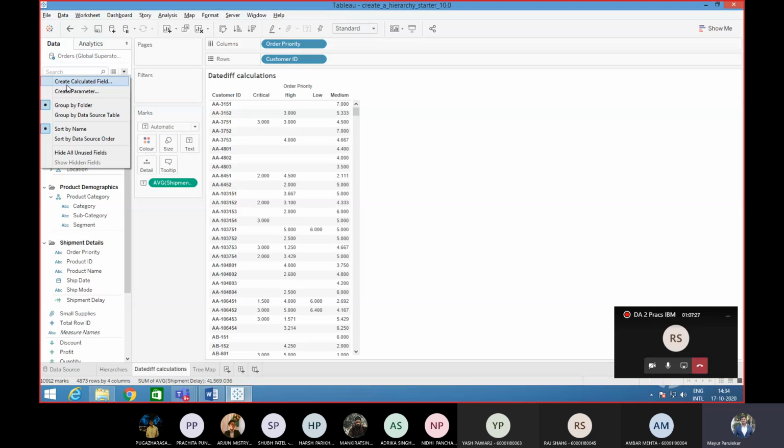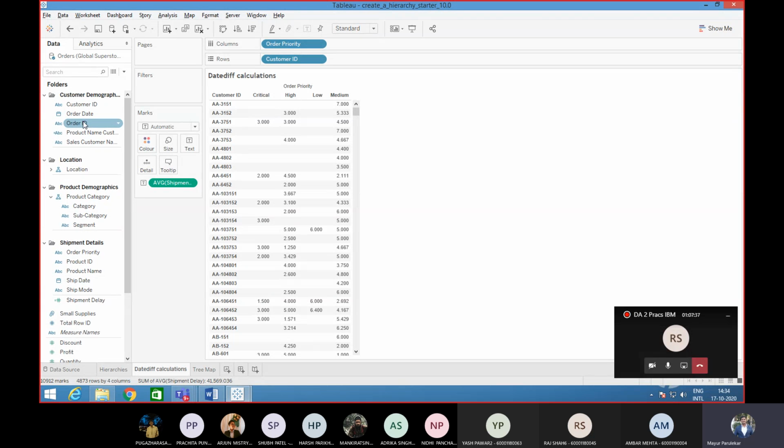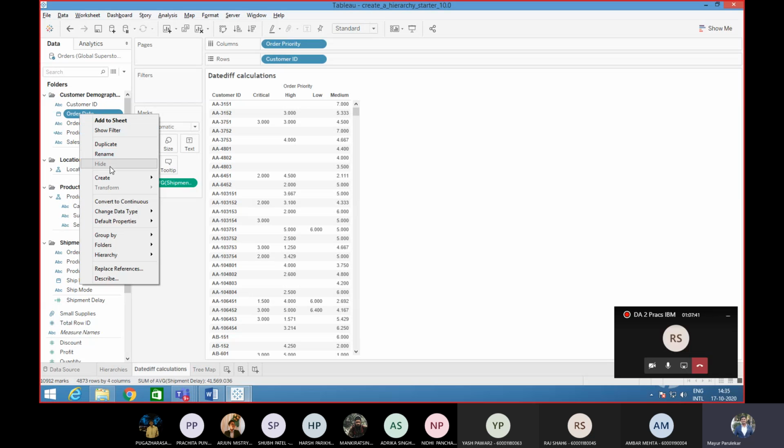Okay, now this is one way of doing it. The second way of doing it is, let's say, using order date. You can directly right click on order date, and over here you can do a create calculated field, right? So the thing is the same, except that you've got two ways